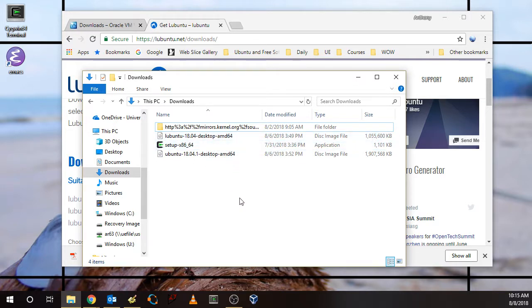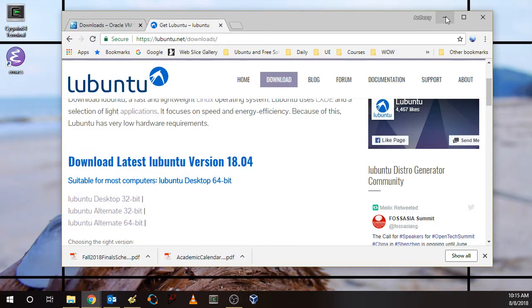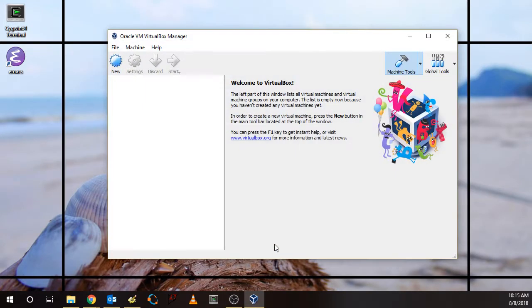Now if you were installing on a physical machine, you would typically burn this image. This is a DVD image file or an ISO image file. You would burn this to a DVD. It's not necessary to do that when you're installing Lubuntu, or actually any version of Unix or any other operating system, inside a virtual machine. So then know where you've downloaded that ISO image, and then start up the